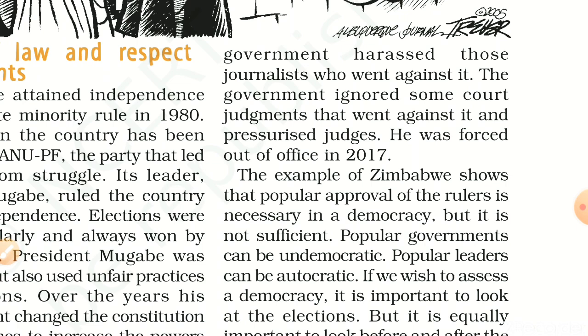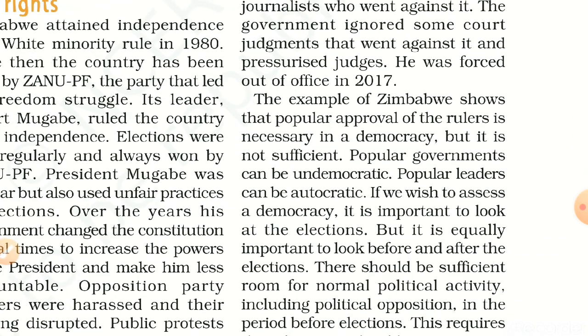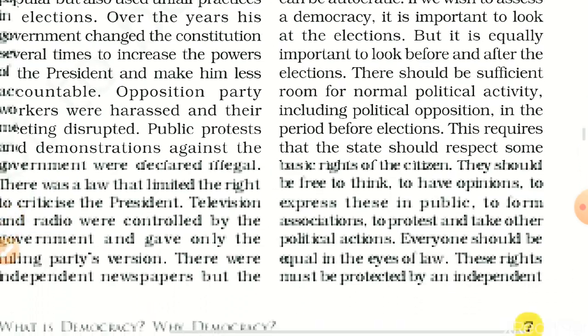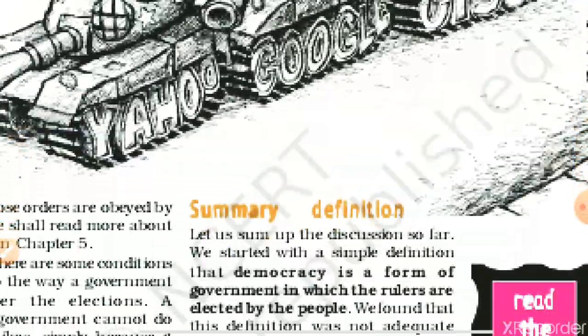So the example of Zimbabwe shows that popular approval of the rulers is necessary in democracy, but it is not sufficient. Popular governments can be undemocratic. Maybe President Robert Mugabe was very famous, very popular, but popular does not mean democratic. Popular leaders can be autocratic. They can become dictators. And the next thing in this feature,